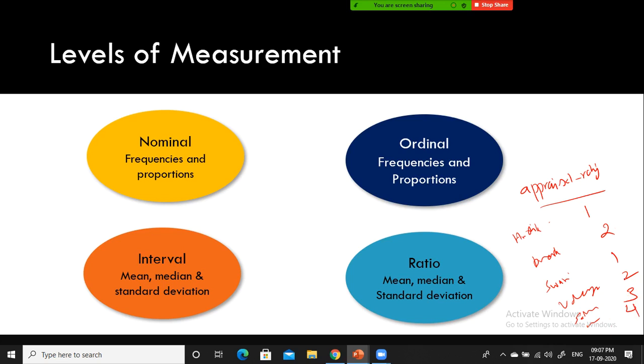But at the maximum, how many buckets will be there? The maximum is only 4. 1, 2, 3, 4. Even though you have, let's say, in TCS 2.75 lakhs, close to 2.7 lakh employees are there. When you look at this appraisal rating column, some employees would have got 1, some 2. You can see a maximum of 1, 2, 3, 4. Beyond that, you will not see anything else, because 1 says outstanding, then very good, good, and 4 is needs improvement. Only 4 is there.